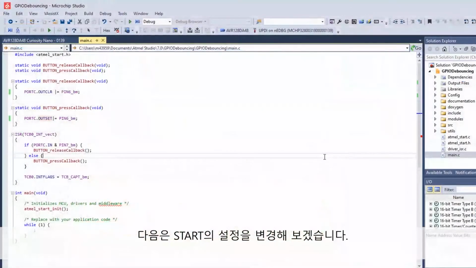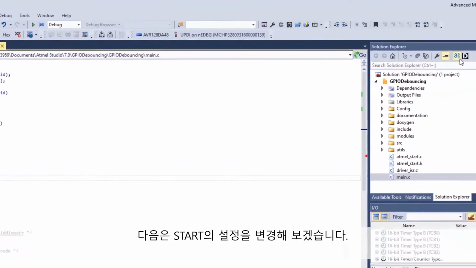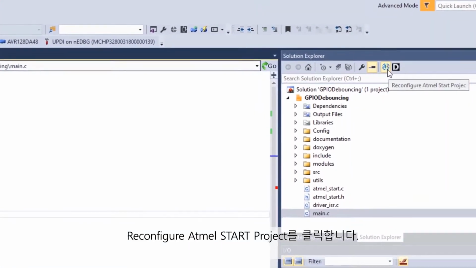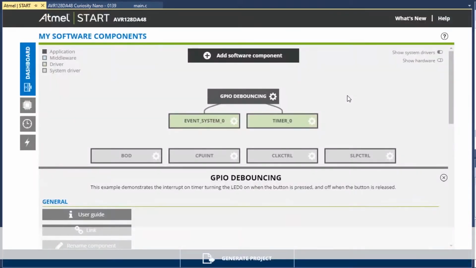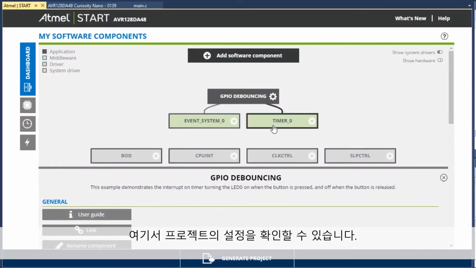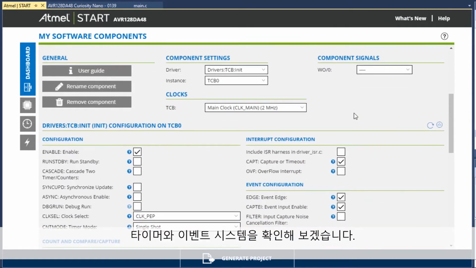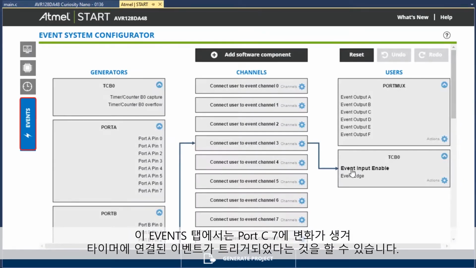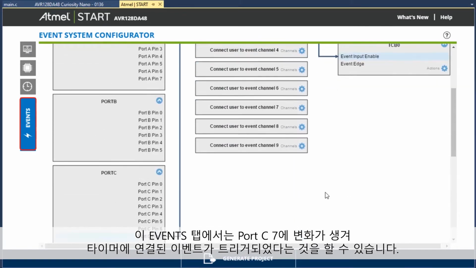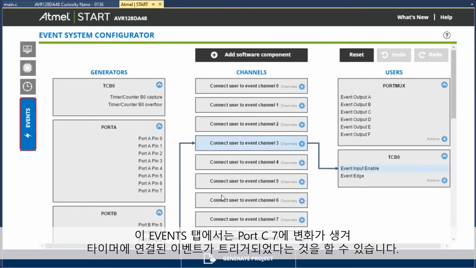The next thing we might want to do is to change the START configuration. So we click on Reconfigure Atmel START project. Here we can see how this project is set up. Specifically, we'll have a look at the timer and the event system. Here on the Events tab, you can see that this pin change on port C7 triggers that event connecting to